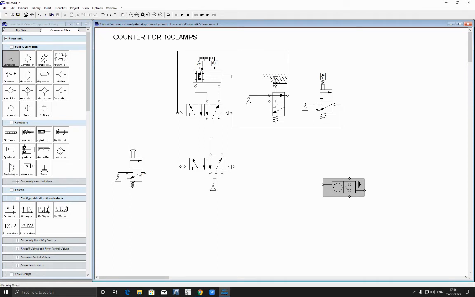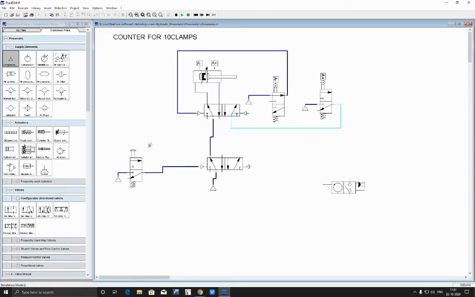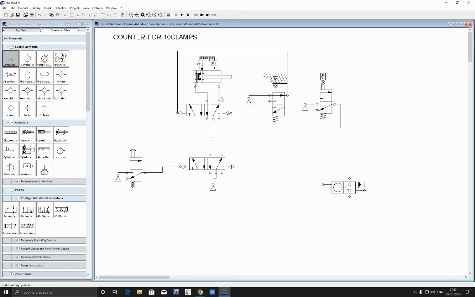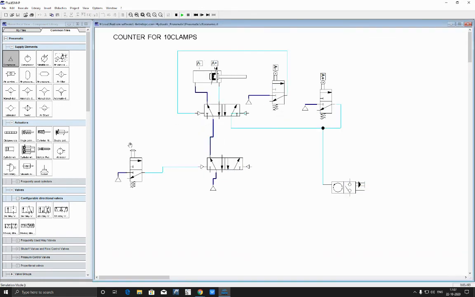When I press the push button, air would be coming from this side. So I take this air and connect it at this pilot. In this way, I started the forward and backward activation of the cylinder by using a push button. Okay, now I need to start the count. For starting the count, we would be taking this, and I connect it at this position, and after completing 10 counts, this would be stopping.